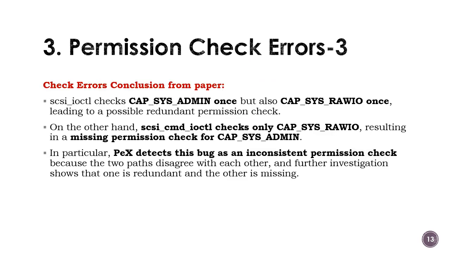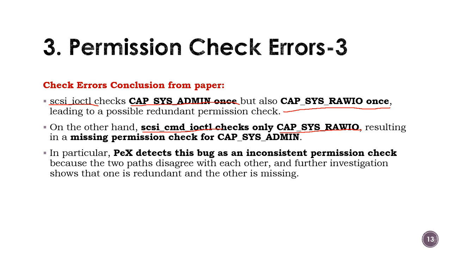So this slide pretty much summarizes what we discussed in the previous one-page slide. And these are the check errors conclusion from the paper. When it comes to the SCSI IO control checks, this is the first function, from image A. It checks these two permission checks. And the second point is that the B function, SCSI_CMD_IO_CONTROL, only checks CAP_SYS_RAWIO, and